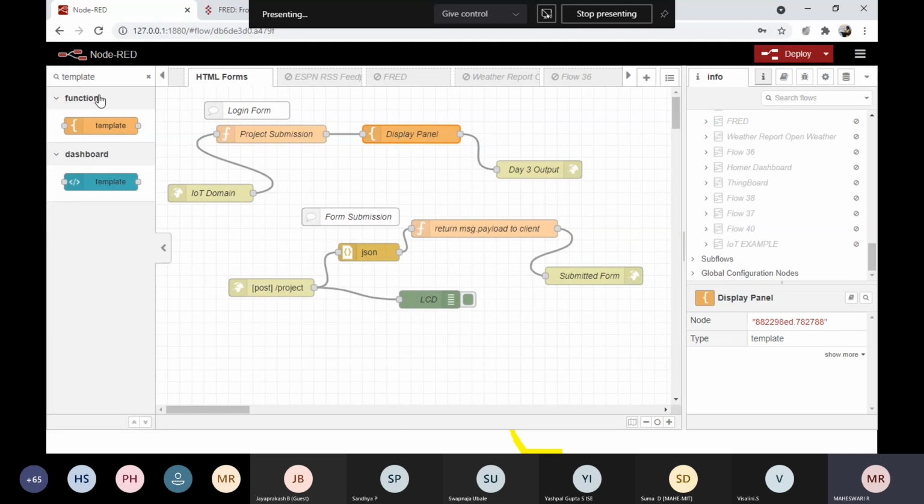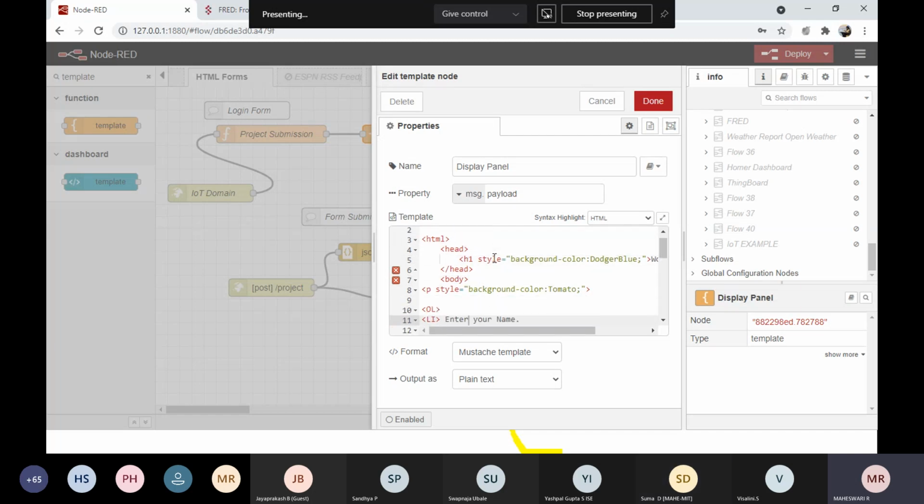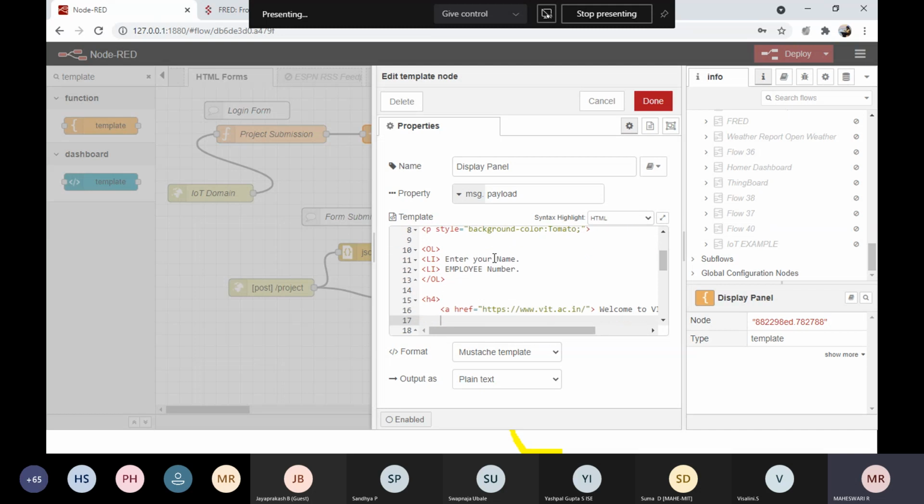I'll just repeat. You just search for the template node, drag and place this template node and double click its property. The content I have shared, you can copy and paste it, or you can design a simple HTML with the basic tags like html, head, body, and then I have used a list here.